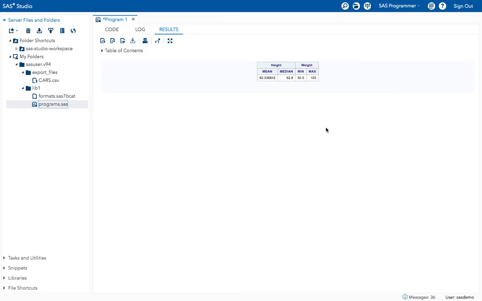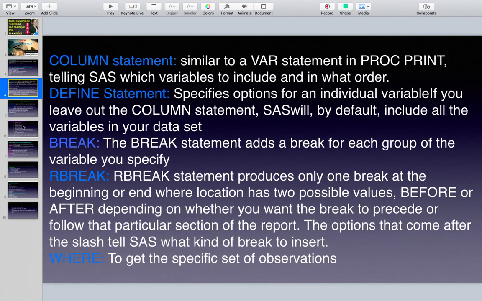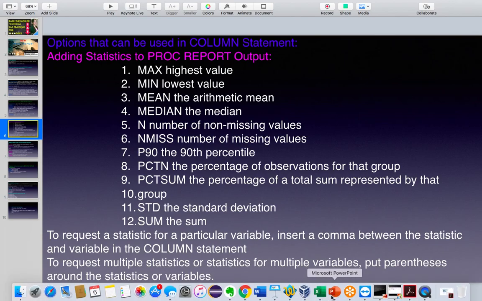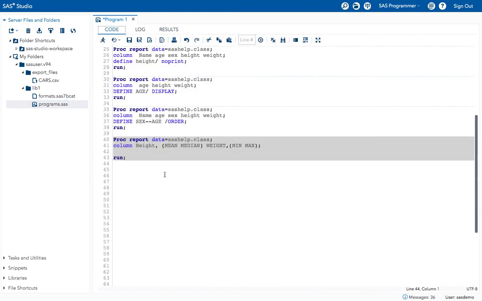Like this we can mention all these options to the column statement. In the proc report we can use max, minimum, mean, median, n miss. Like this we can mention all these options and we can request for the statistical data from the variables that we wanted based on the requirement. Okay, so the next one is